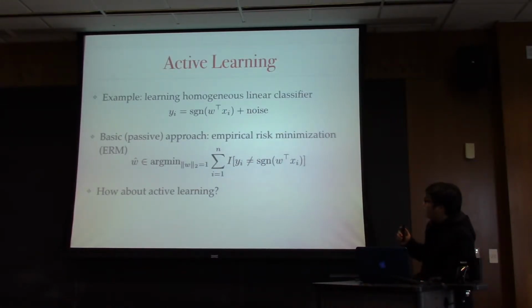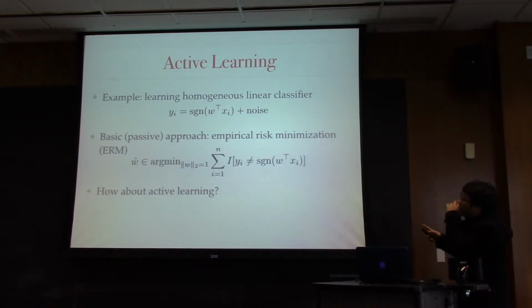So the sign is -1 or +1? Yes. And what are you adding to that? The result is not going to be -1 or +1 anymore, is it? Oh, it's whether this sign agrees with the true label yi. So if it agrees, I make no error, but if it disagrees, I make one mistake. It's an indicator function. Are you talking about the plus noise or the indicator? Because the plus noise might be a little bit confusing. Oh, the plus noise. I see. The first equation on the screen.